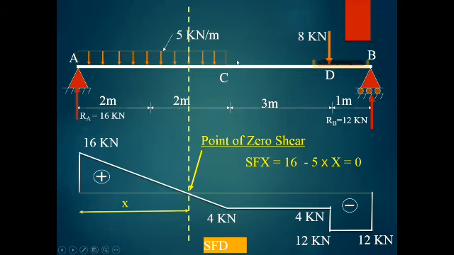So I have taken only this much of the UDL. I am not going to take the full UDL. UDL is to be taken only up to the section. Okay, the right hand side UDL is not to be considered. And this distance, as we have studied, we have noted as x. So I am taking minus 5 into x. And as we know the answer, equate it to 0. So you will get the distance x, which is 3.2 meters. So now this x will be equal to 3.2 meters. Now why this point is important, we will see in the next calculation.